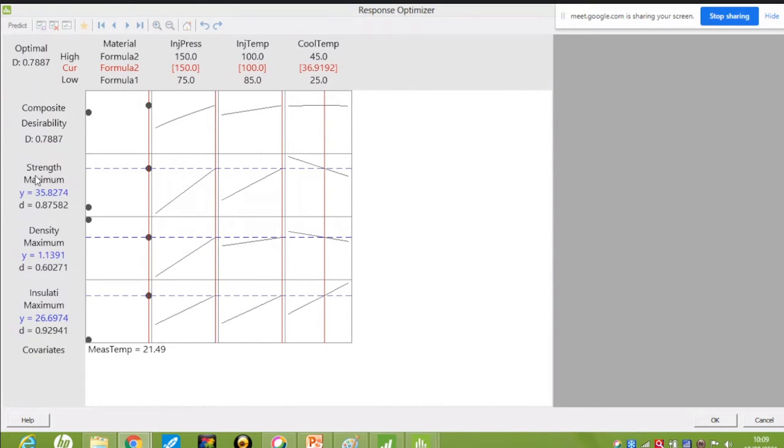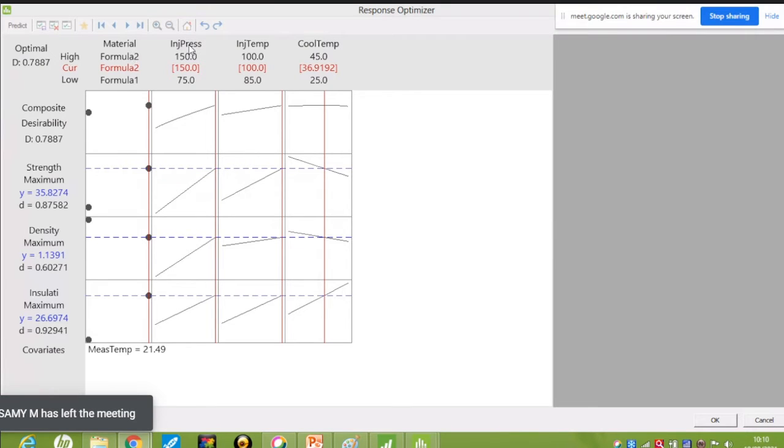So here we can see strength maximum, density, insulation. Here we have the three outputs. So three outputs we can maximize or optimize with this response optimizer. And desirability is 0.7. So 0.7 you can consider as good because here you can see density, here it is 0.6.